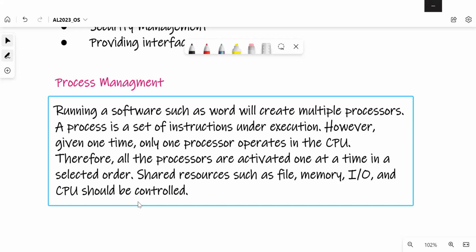So during process management, you have to choose a way to execute each process. There will be a selected order of processes, and you need to share files, memory, input, output, and CPU. Everything needs to be controlled during process management. Let's take down.